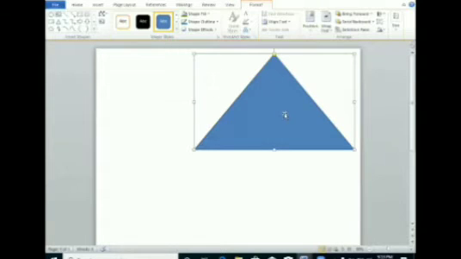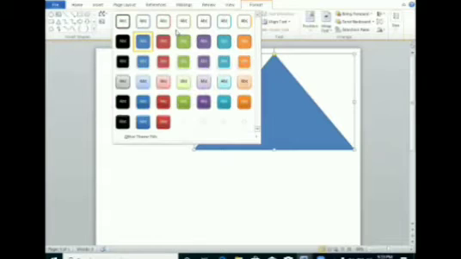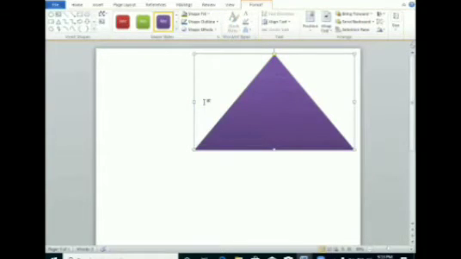Shape style. If I want to change the style of this shape, you can see here different styles are here. According to our requirement, we can take it. If I want to change the inside color of this shape, then we will go to the shape style.